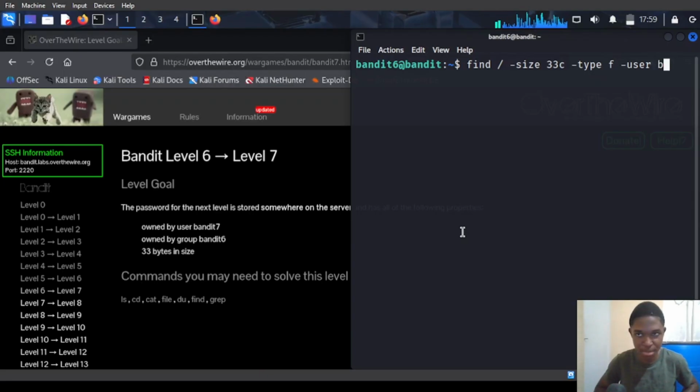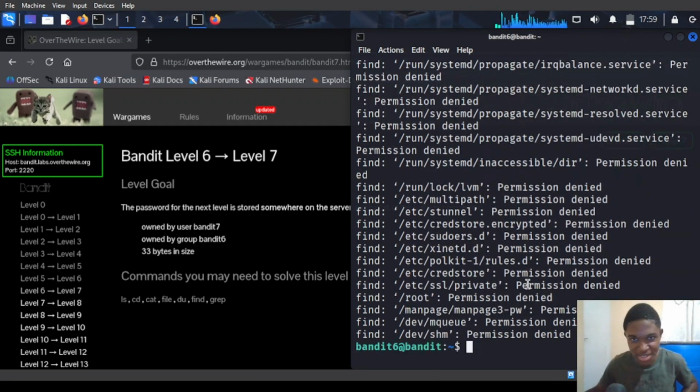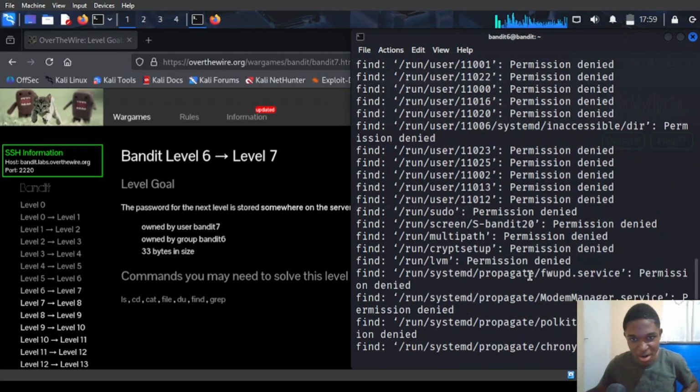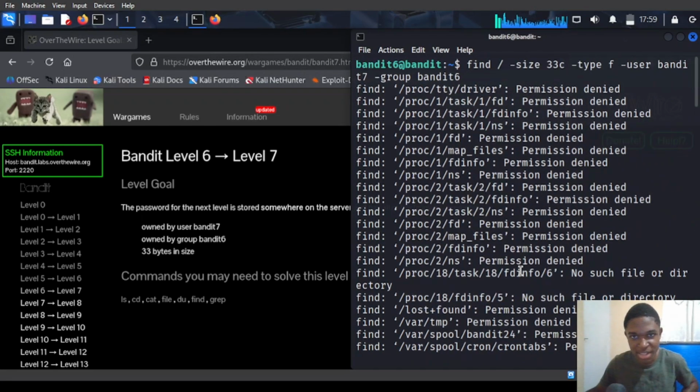So we can type bandit7, and then we can type -group bandit6, and if we press enter, we should see it searching,